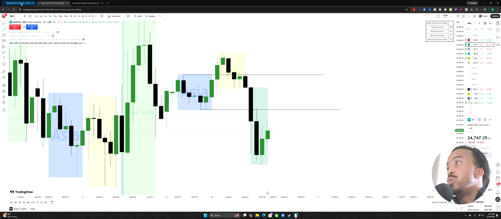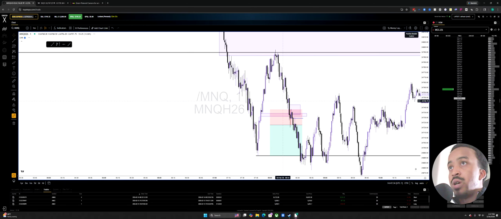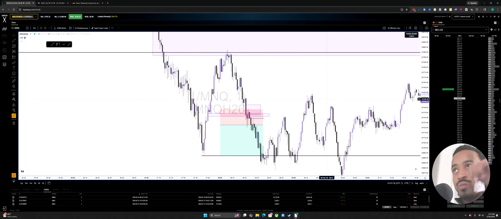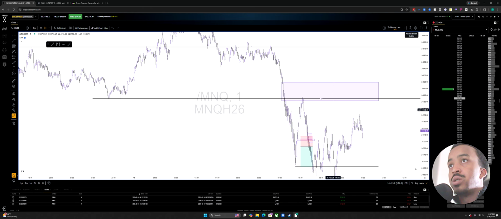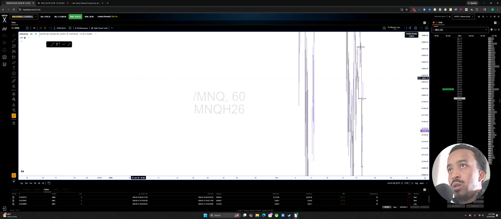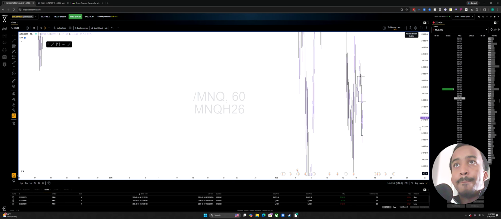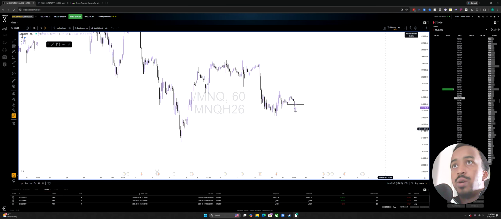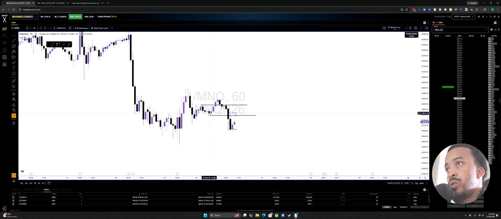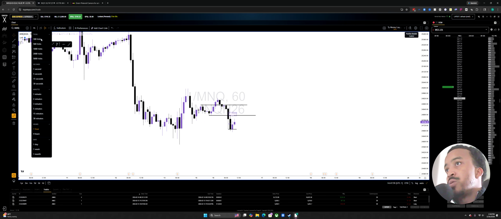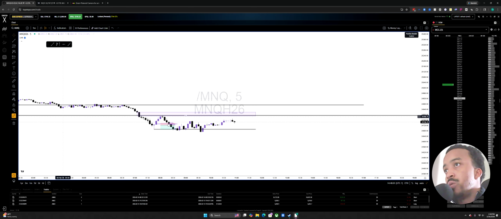So to get into the actual execution of the trade, let me go ahead and zoom out just a little bit. If we go to the hourly, you can see what I was looking at. I just have the same levels marked out. These are the Asia lows, these were the Asia highs taken during the London session, and then distribution. So that's what it looked like on the hourly. If we go down to the 5-minute,